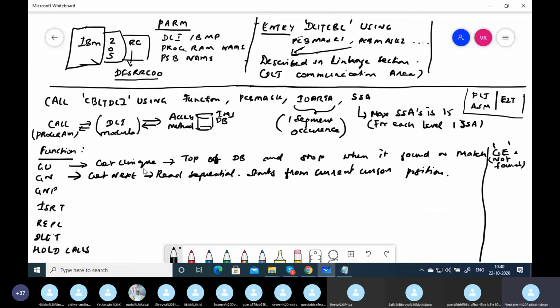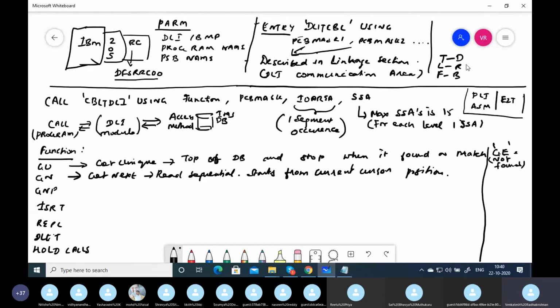If a GN is given without SSA, it is going to read the complete database in hierarchical fashion. At any point of time, it is going to read only one occurrence, and the cursor moves in a hierarchical fashion: top down, left to right, and front to back. This is a rule: top down, left to right, and front to back.